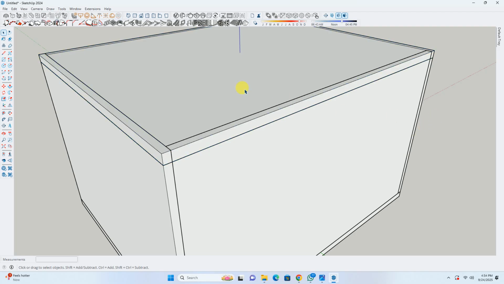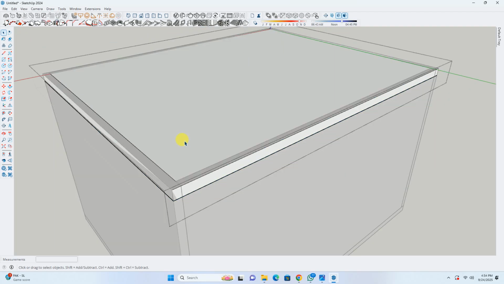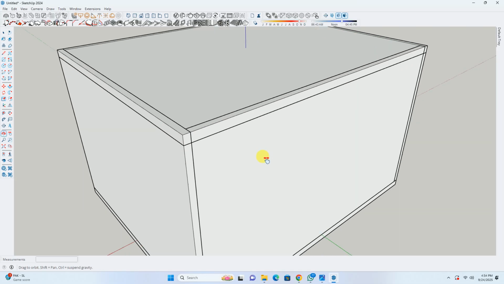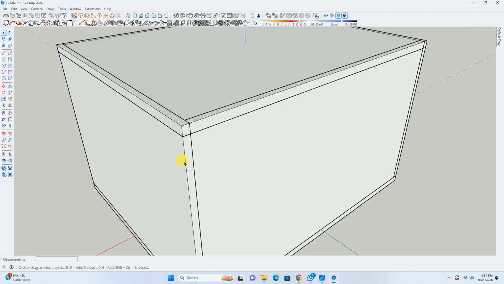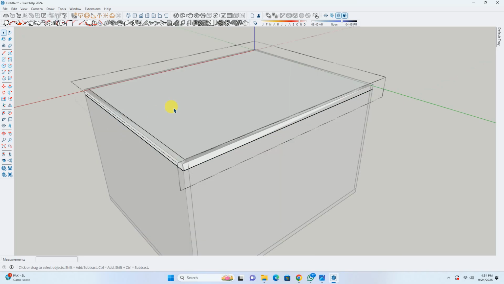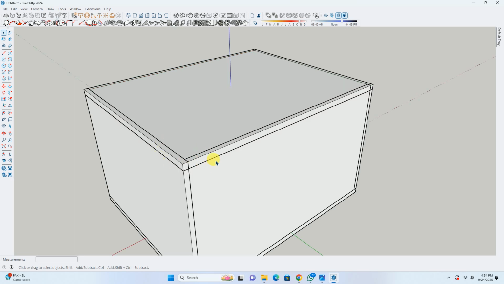We can rectify it by double clicking on our ceiling, or we can reduce the height of the wall to 6 inches. Then we can compensate for this particular problem, or we can reduce the corner ceiling also. For that, we'll double click on the surface. While working on this, we can see that these two elements are getting overlapped over one another, so we can't easily identify the difference.